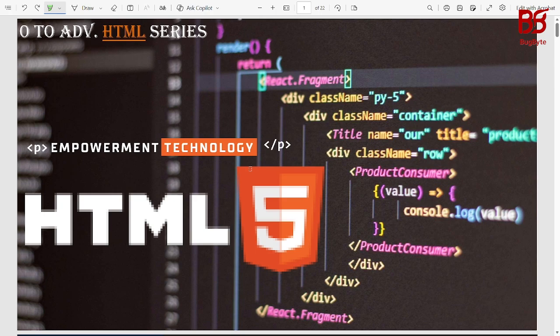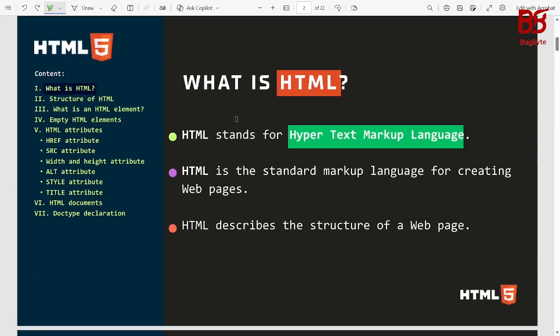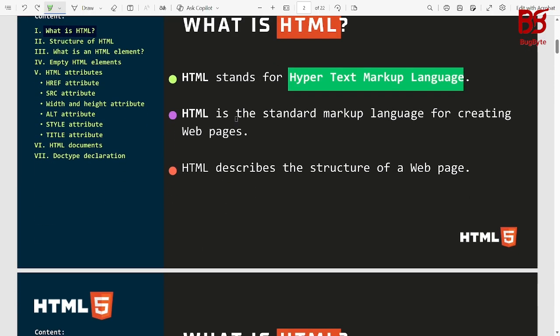Everyone. Today we are going to study about HTML. As we know, HTML is the most basic coding language that everyone starts with when they start their coding journey. So HTML stands for Hypertext Markup Language, and in HTML we are going to study about some tags and